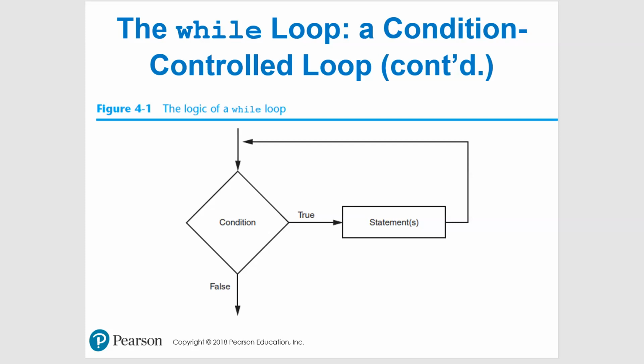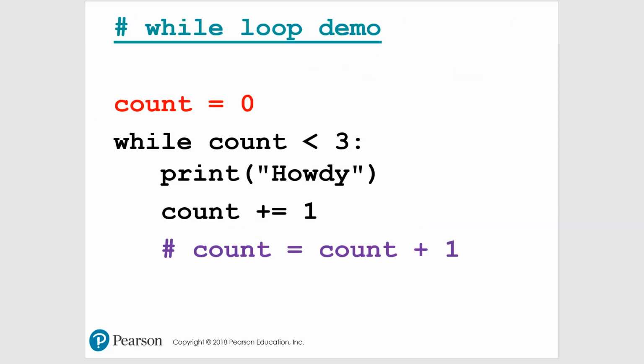So if a condition is true, it's going to execute the statement and keep executing this statement, keep looping through as long as that's true. As soon as something happens in here to trigger it to be false, then it drops down. So what might happen with that? What might cause that? Well, here, I'll give you an example of a very simple little while loop. And we'll take a look at actual live code for this because I think it's a little bit more fun to check out. But before we get to that, just let me point out,